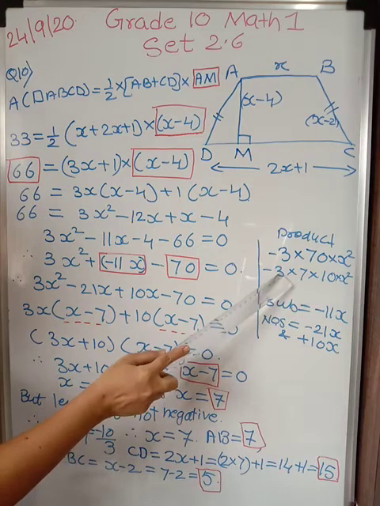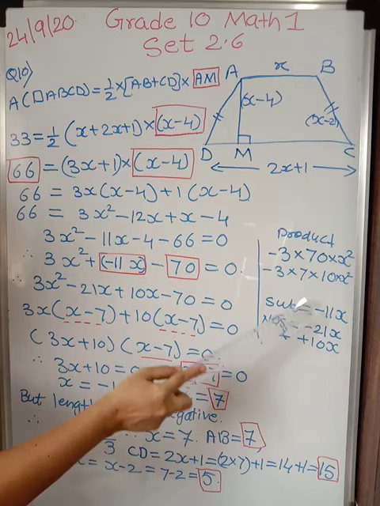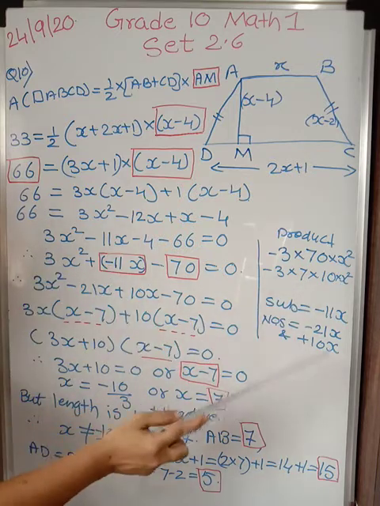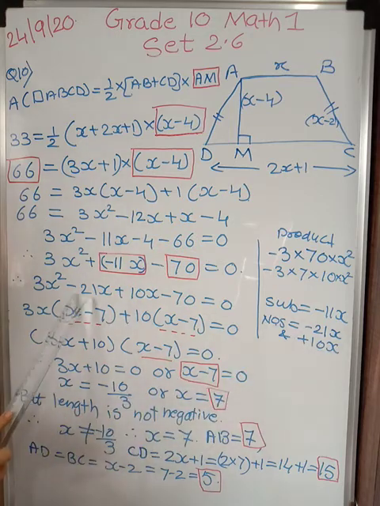7 3s are 21 and 10. 21 and 10 subtraction is 11. So my numbers are, because here it is a minus sign, minus 21x and plus 10x. So I have put here minus 21x and plus 10x for minus 11x. Now while writing, also don't write plus 10x first, because with 3 and 10 nothing can be taken out then. Alright, so use a little common sense and work.